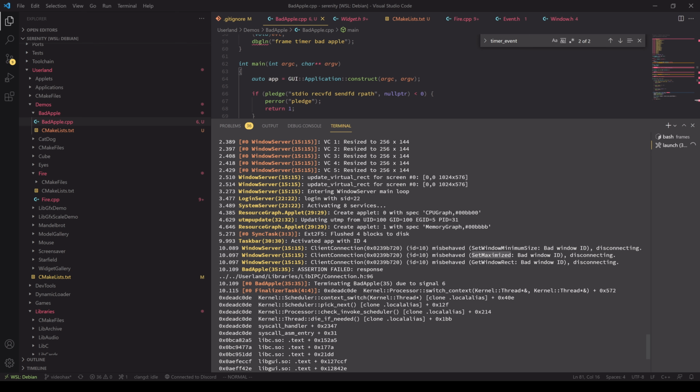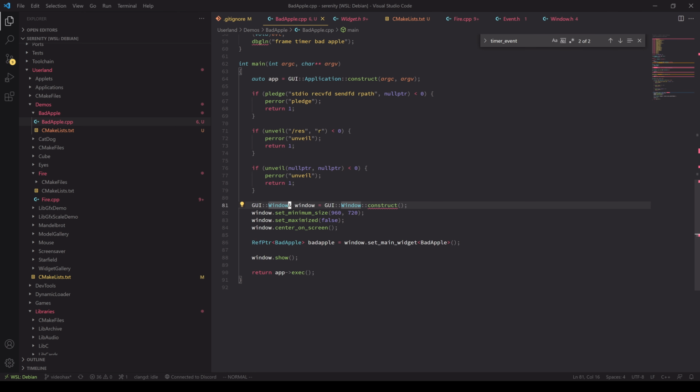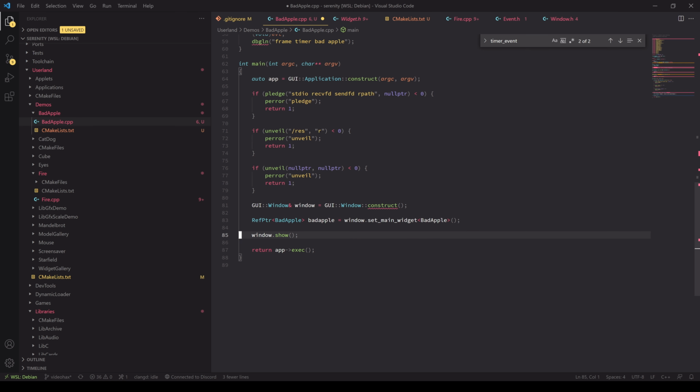Set window minimum size, set window ID, set maximized, get window rect. Oh, I am changing all of these values before I have ever shown the window, which would make a lot of sense. So let's take these three and put them after window show,